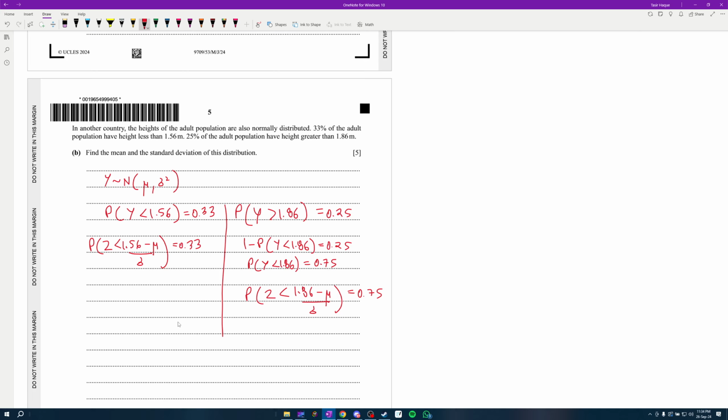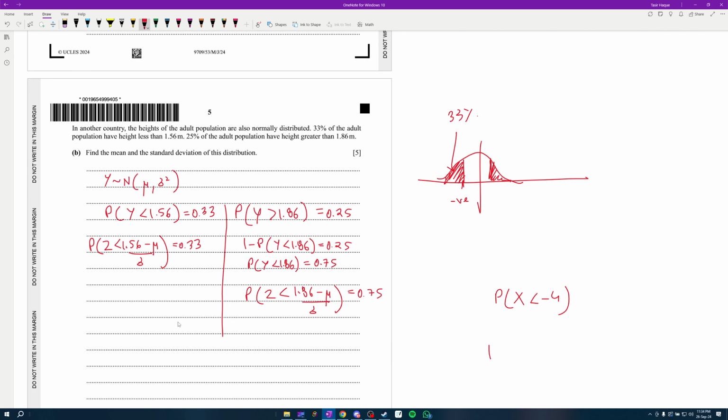Now here's the tricky part. Okay, so what does the probability of 33% mean in the standard normal distribution? This is 50%. So to be 33%, you have to be behind the y-axis. Okay, so that means this thing inside is a negative value. So look, how do you convert negative values to positive? What do you need to do? You take the symmetry. So that means this part will actually be equal to this part.